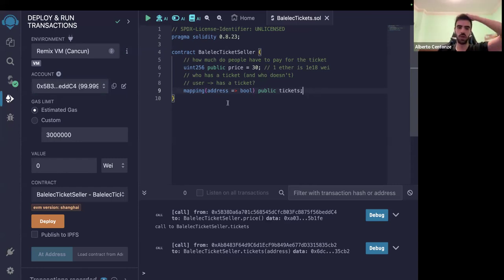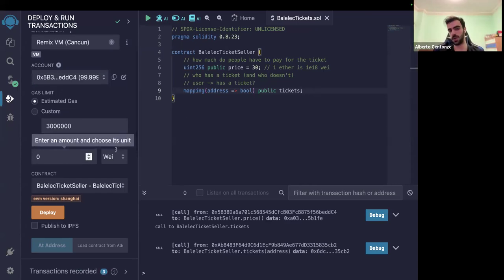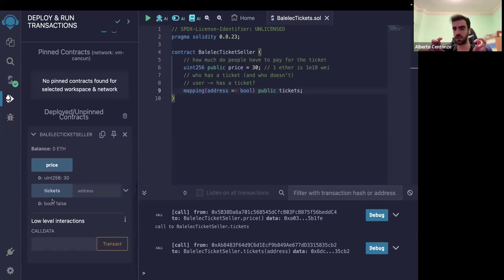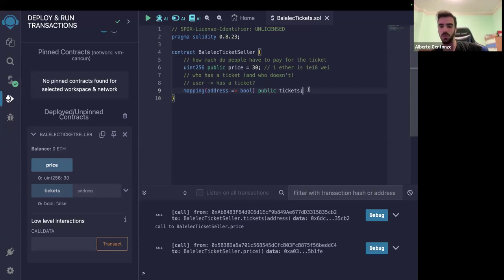What is really interesting here, if you want to see this from a Web2 perspective, so a normal server, is that here we already have two endpoints on the contract, which is our server. They are publicly available to anyone and we can use them to check, one, the price of the ticket, and two, if anyone has a ticket or not. This is already exposed through the public modifier. Now we also want to do operations that change the state of the blockchain, because of course we want to, well, buy tickets, for example.